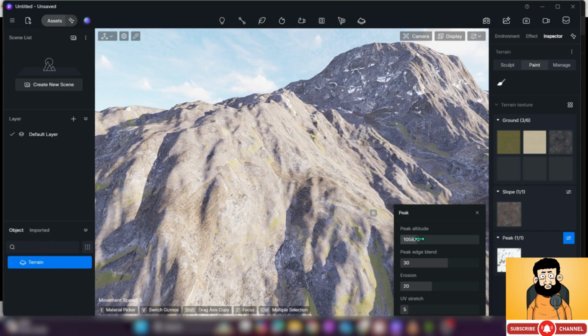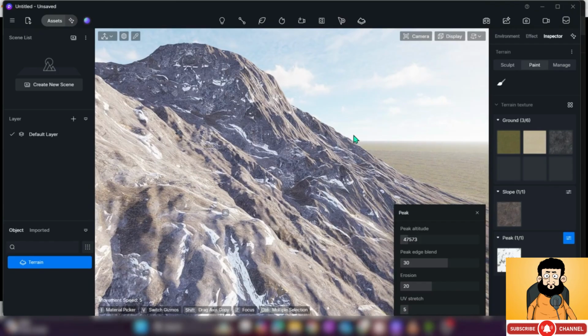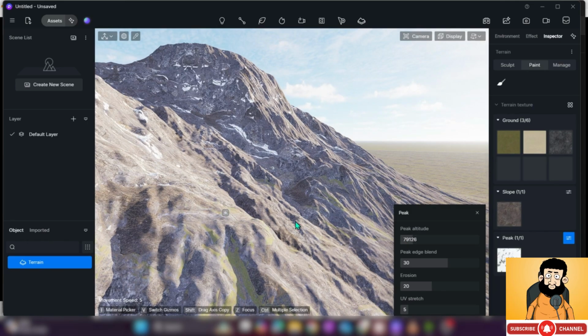I mean the top of the things. Currently it has been running like 47,573 meters. So if it's like the horizon here, a boundary here, the peak will affect only the top of that. So usually if you're just increasing, you can see the things in the bottom will disappear, because this effect will affect only for the